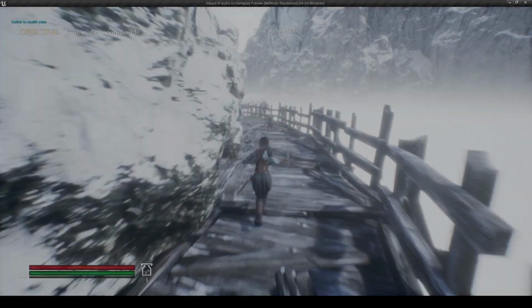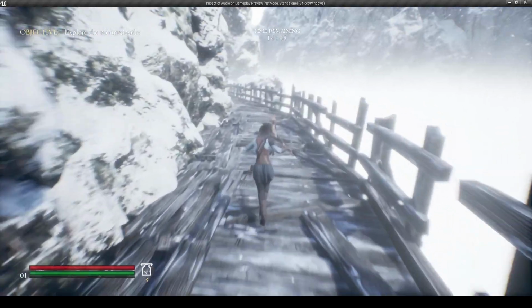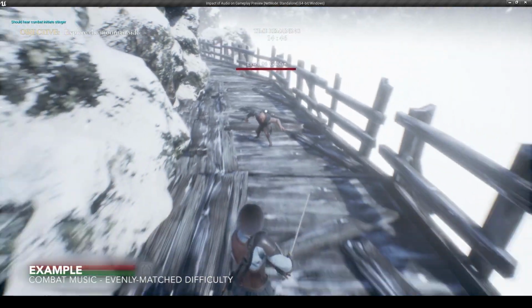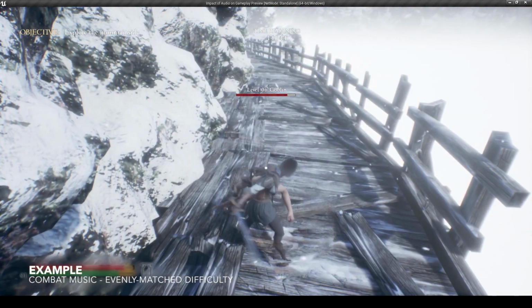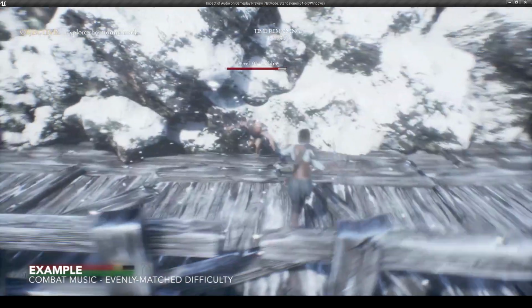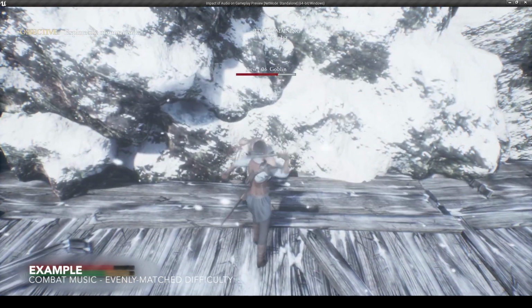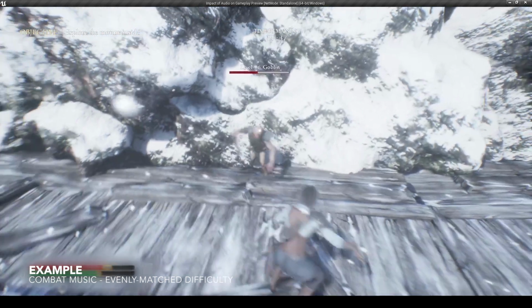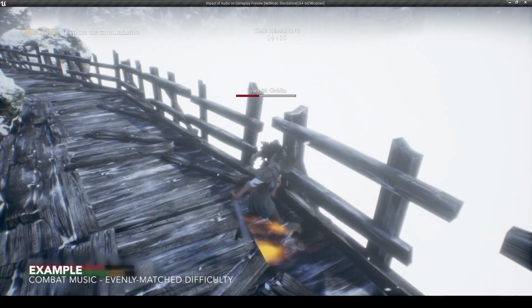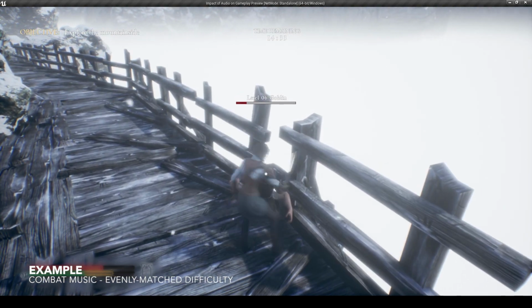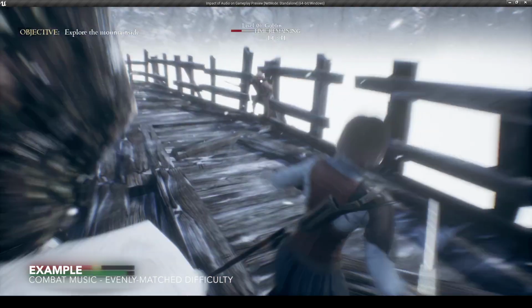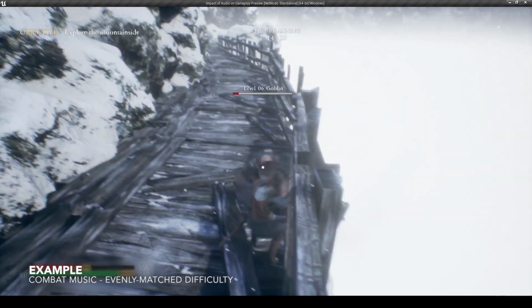Upon detection, the music transitions to the combat segment. The difference between player level and the enemy's cumulative level was determined via blueprints in the Unreal Engine, and this value was used to drive an RTPC called Challenge Level. This RTPC was again used to control the music's tempo, dynamics, and arrangement in real time.